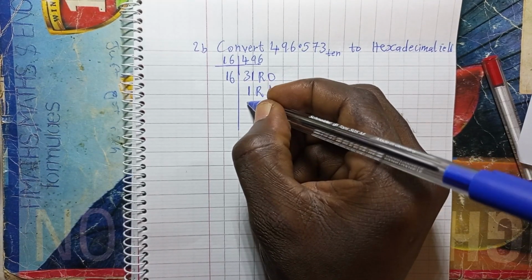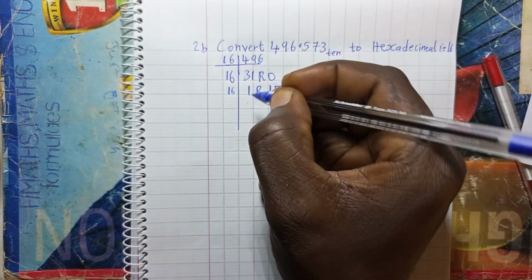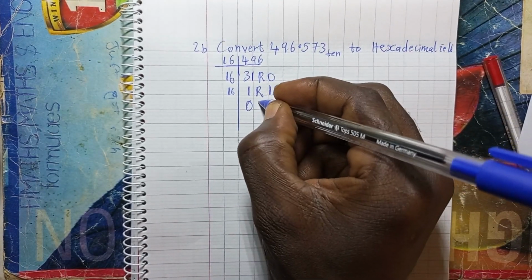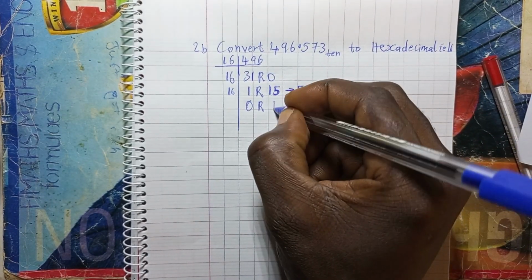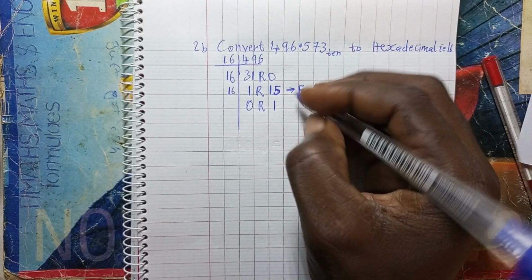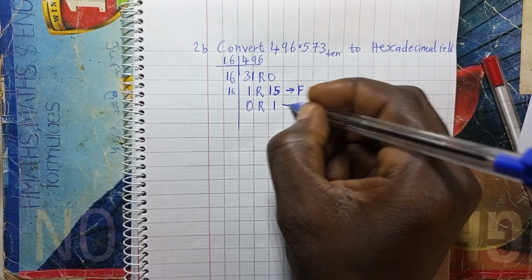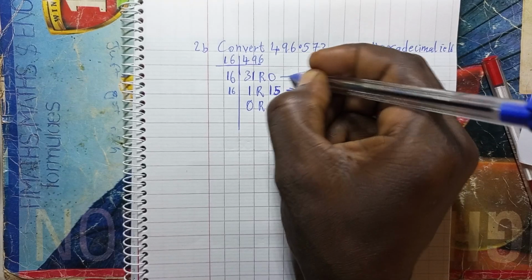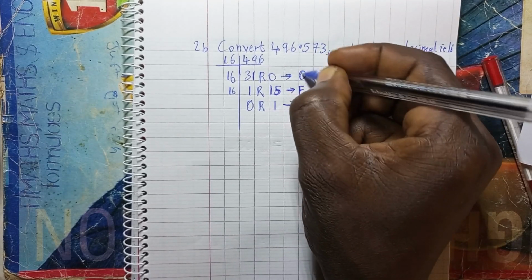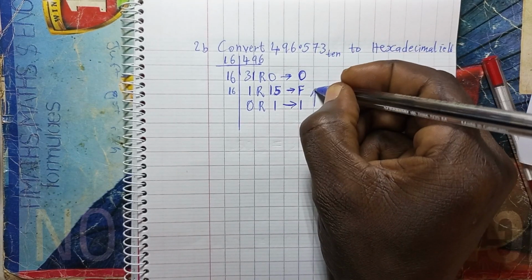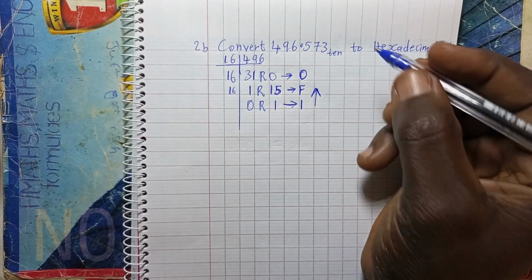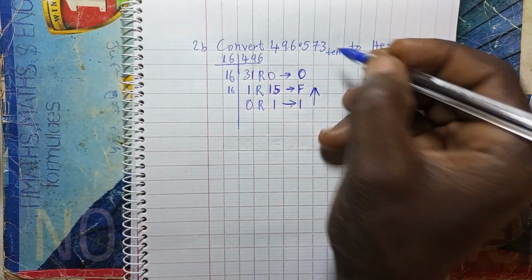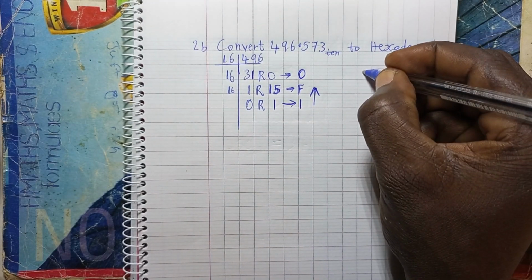Now we have 1 divided by 16 will give us 0 remainder 1. We have 1, then this one is 0. Now taking our answer upward this way. Now let's also calculate the decimal part, the decimal part, which is